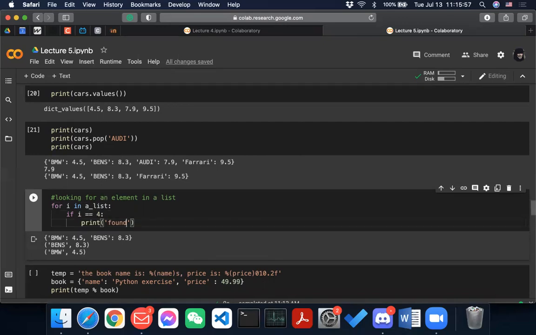But if you use a dictionary, and you check the time complexity for a dictionary, it will be O(1). What it means is that it costs basically no time to look for an element in a dictionary.